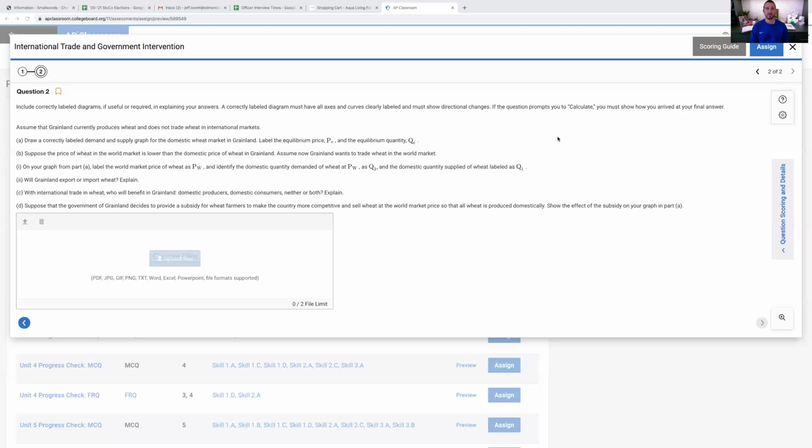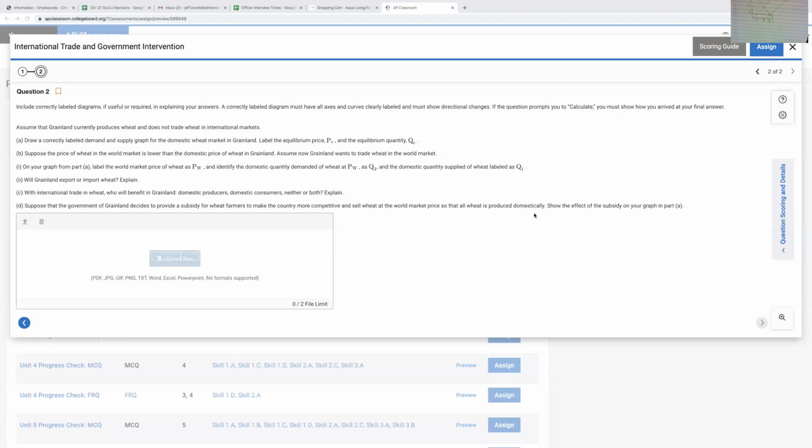D, suppose that the government of Grainland decides to provide a subsidy for wheat farmers to make the country more competitive and sell wheat at the world market so that all wheat is produced domestically. So if they're providing a per unit subsidy to the point at which all wheat is produced domestically, that means, so a per unit subsidy, we just did excise tax in which the supply curve shifts to the left. Well, the per unit subsidy is the opposite, right? So it's going to shift the supply curve to the right. And if it's getting rid of all trade, that means it's going to shift all the way to the point